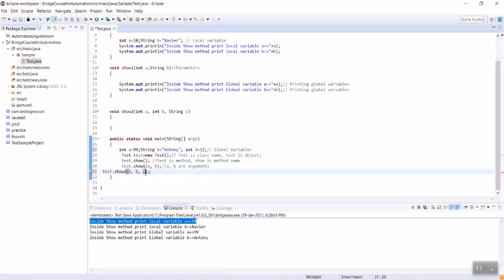Let's correct it as D. Yeah. Still showing some error. What is that? Let's check it out. A is integer, then B is string. From there, integer B you need to pass. So we can pass A, D. Then is there any other integer value we have? A, D.